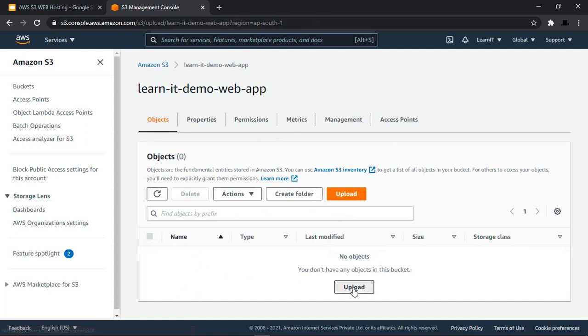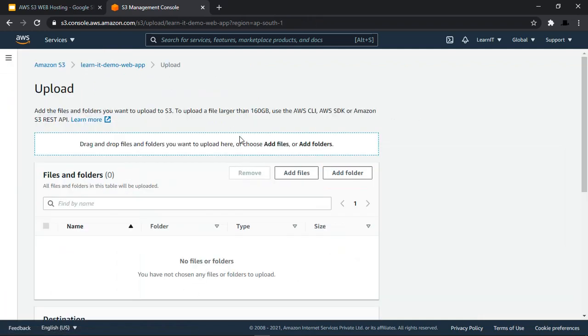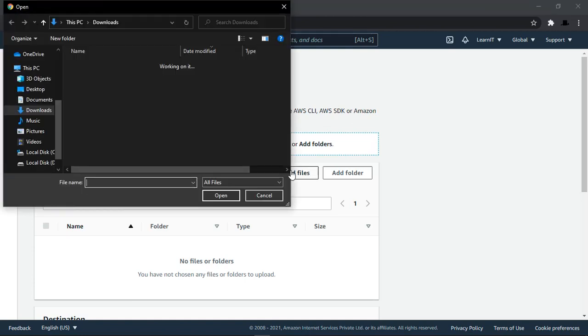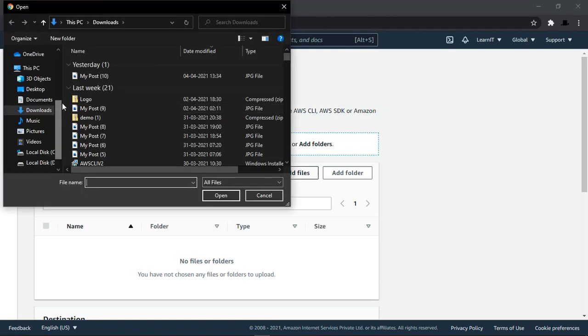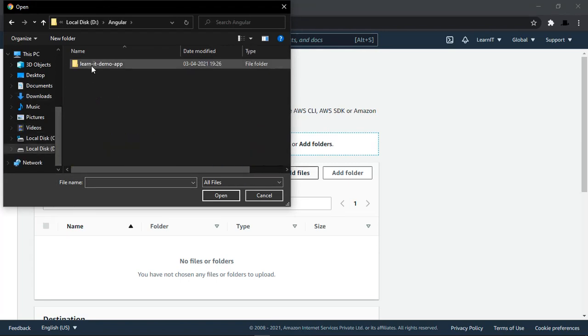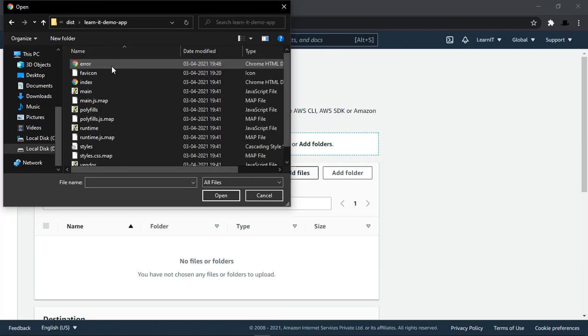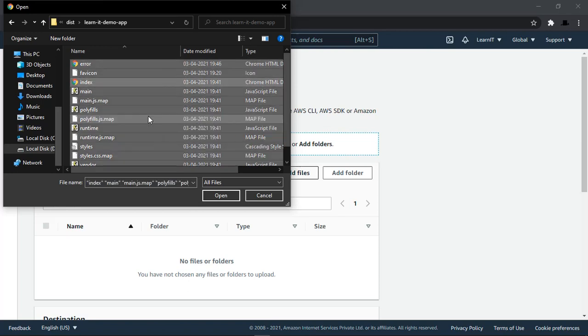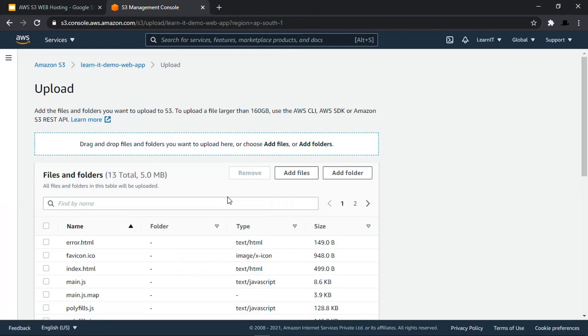Now let's save these changes and go to our objects. Now I want to upload a complete static website here by choosing the files. So let's go to add files. I have created one Angular website, Angular Hello website, and I have built it. Now I am selecting all the objects, that is a static website, and it has error as well as index.html pages.